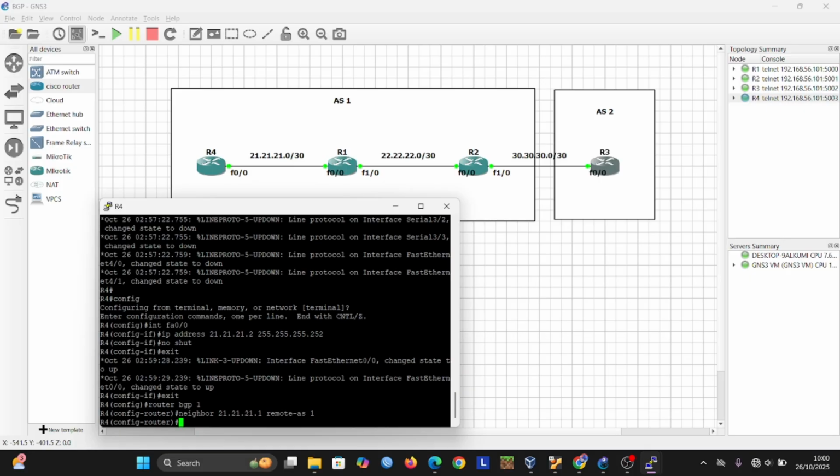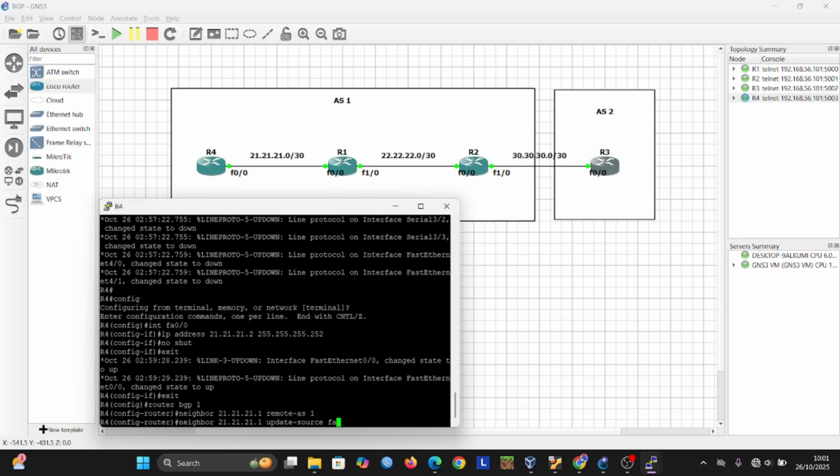After this we write update-source to update this interface, because with a new configuration we need to update.